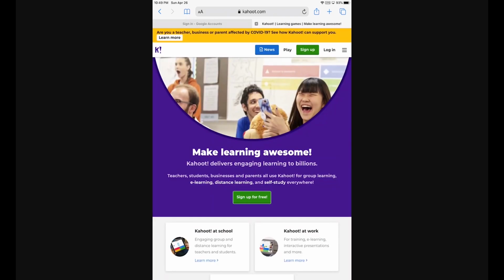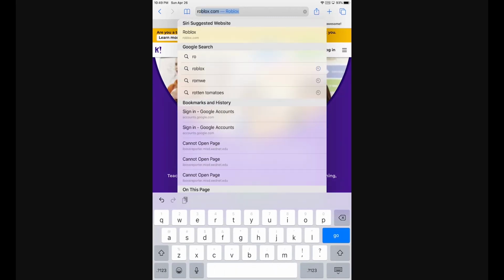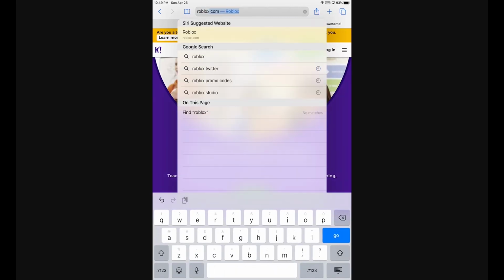Another thing I want to demonstrate here is Kahoot. Is an application that we use within our schools. And even though it is classified as learning games, because it's educational games, we do allow access to items like Kahoot. However, if we tried going to Roblox,